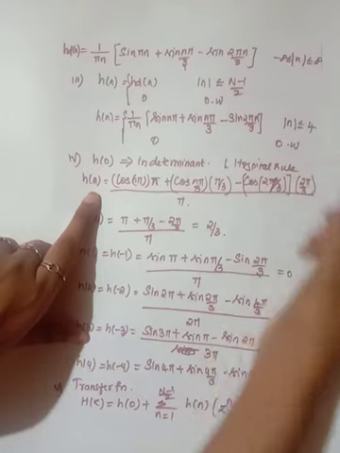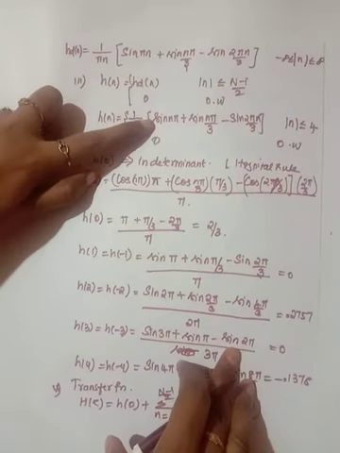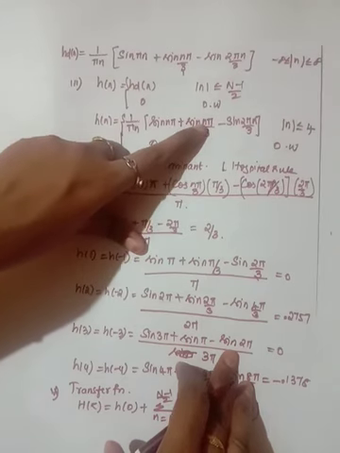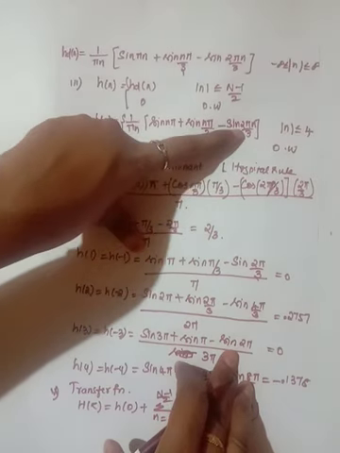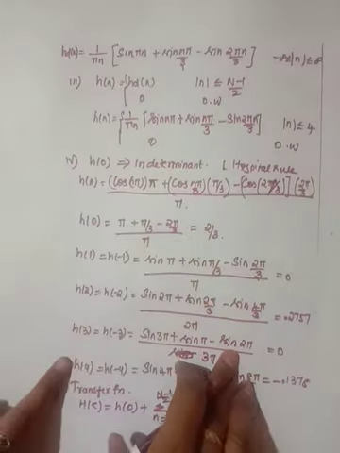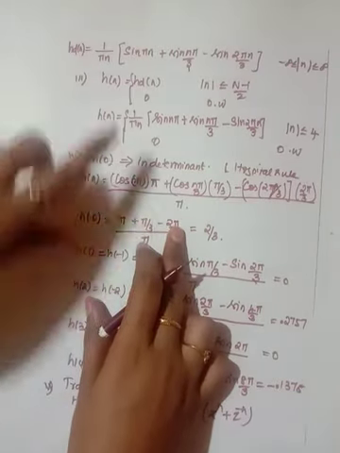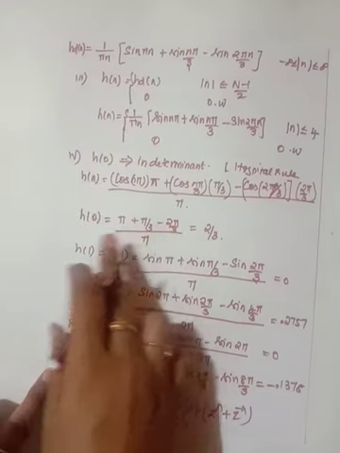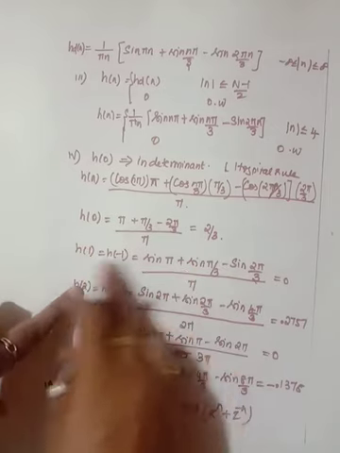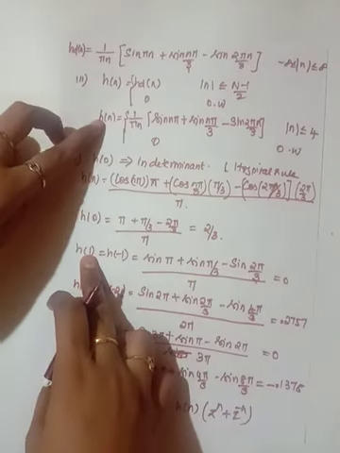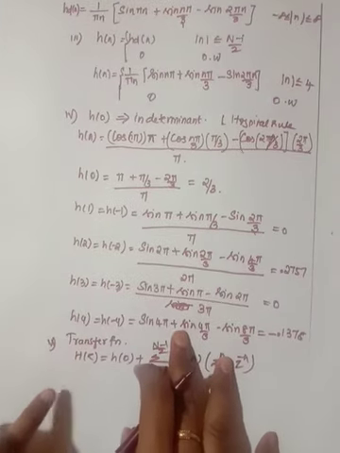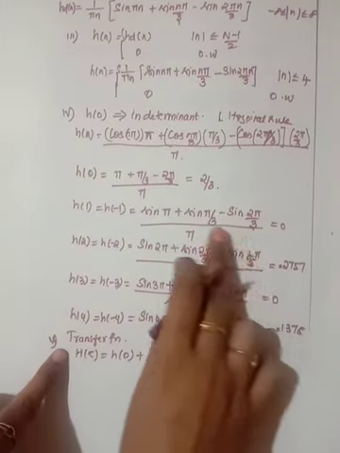As per L'Hospital rule, differentiating the numerator gives cos of pi n by 3 into pi by 3, and cos of 2 pi n by 3 into 2 pi by 3, divided by the derivative of pi n, which is pi. Now substituting n equal to 0, I am getting 2 by 3. Similarly, use this equation and substitute the values 1, 2, 3 and 4. So you will get these values.